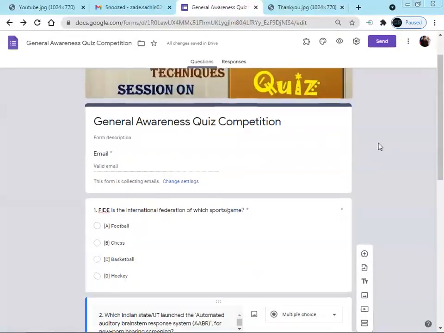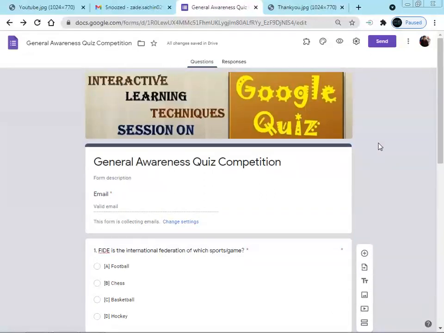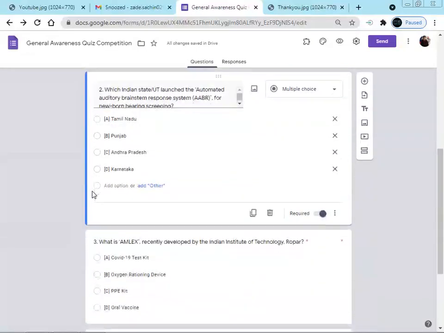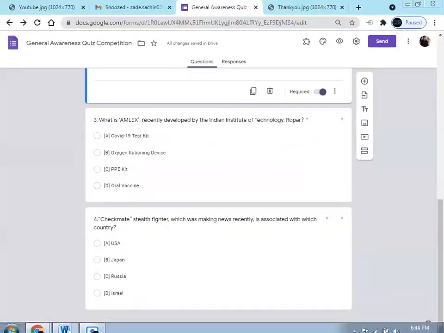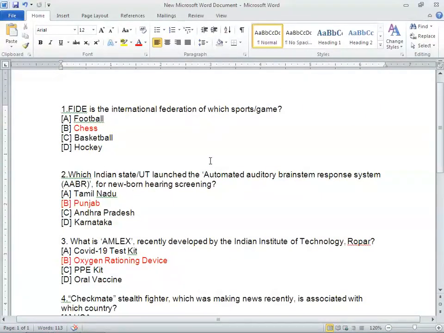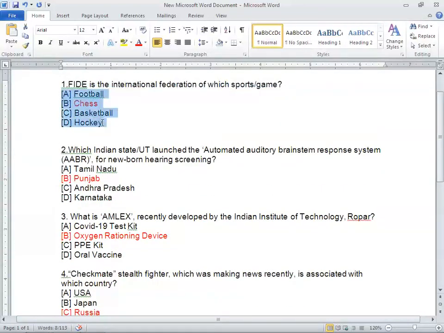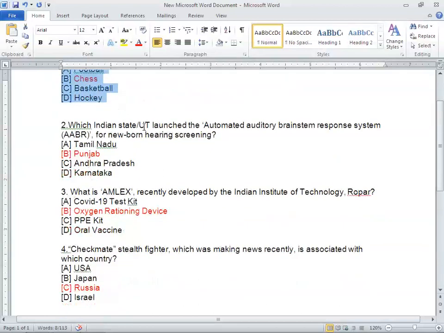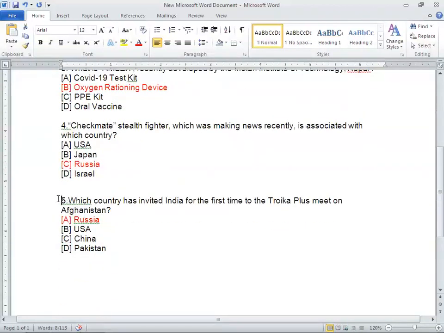The process for creating the Google Form is given in the description link, which we had already seen. See how to create the Google Form. So we had added the four questions. The first requirement when we are thinking about a quiz is that we must have a question bank with us in a Word file or an Excel file. So we have to just copy this first line and paste it in this section of the question, and these four options we have to paste in the options. So we are just selecting the fifth one.